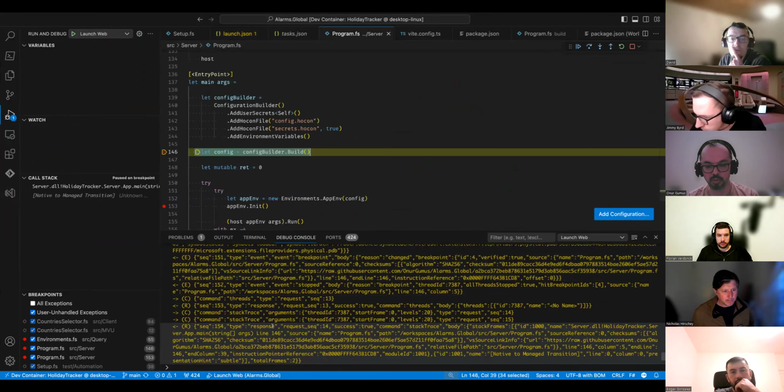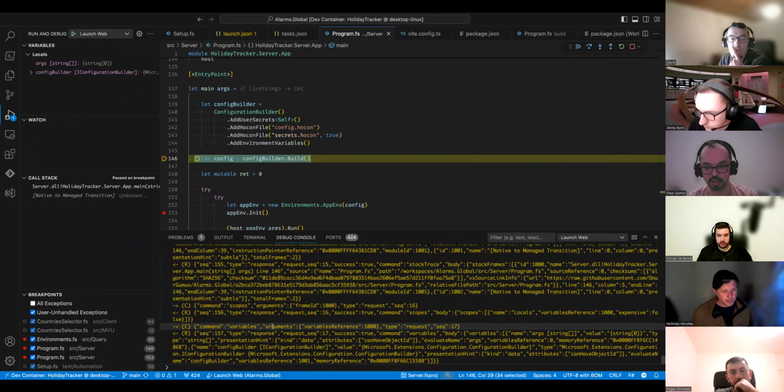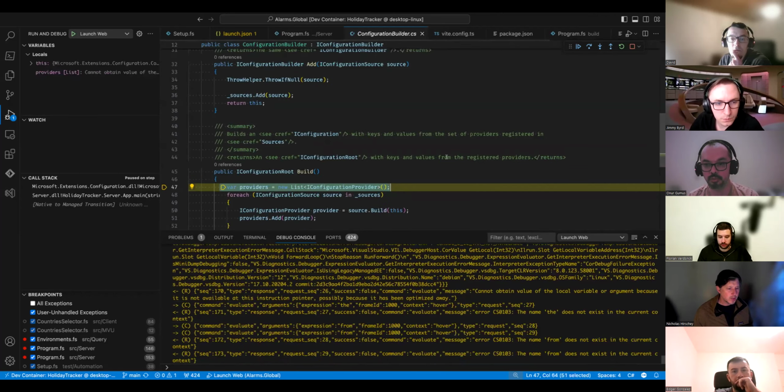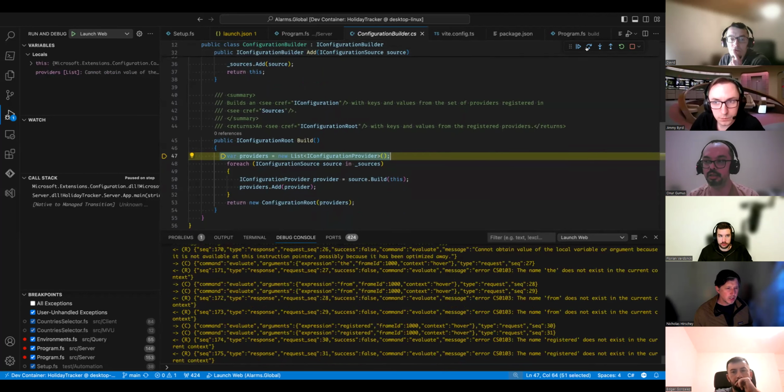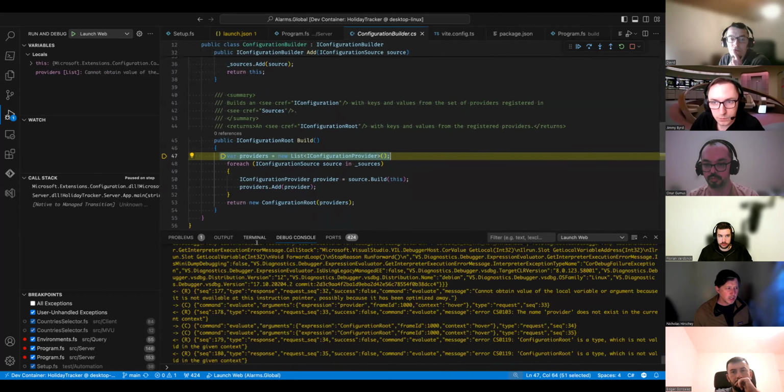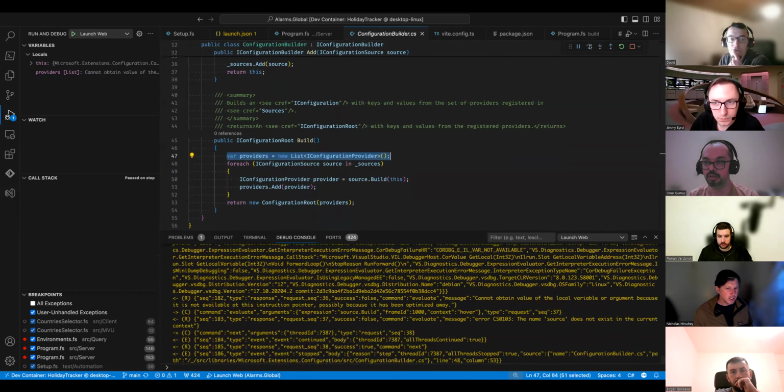This can take quite a while if you haven't downloaded the symbols. The configuration builder is something that belongs to .NET Framework, and I can just go into that. If you just do it, you can see that we are suddenly debugging C# code of the .NET Framework, and then we can continue just like that.